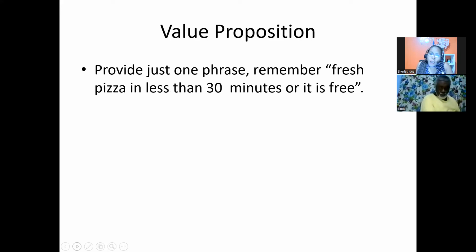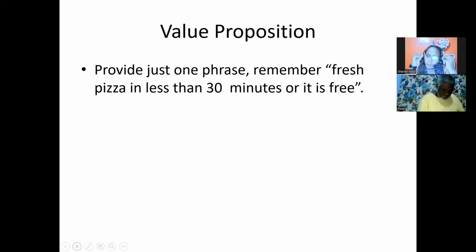Then you're going to have your value proposition. So far, all I've asked you to do is to list your values in order of importance to your customers. What I want you to work on is a value statement, something that will capture maybe the top 3 values that you said, or if you can capture all of those values in a statement, right?